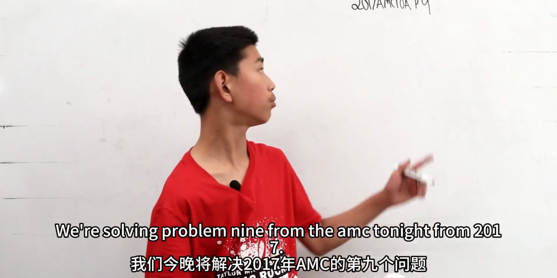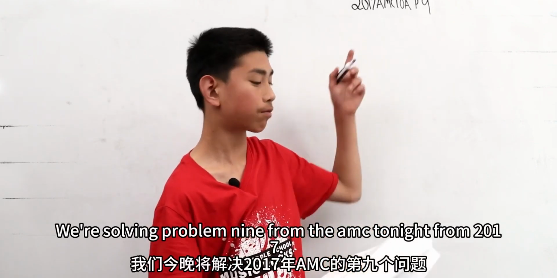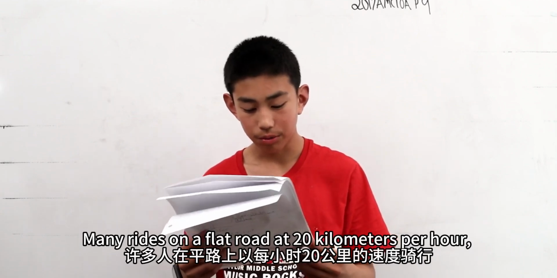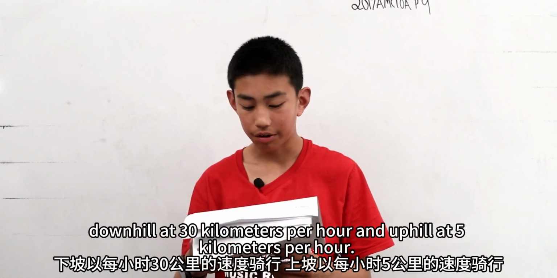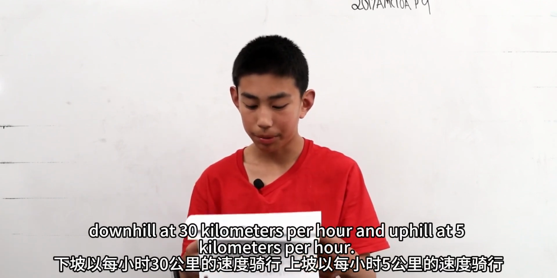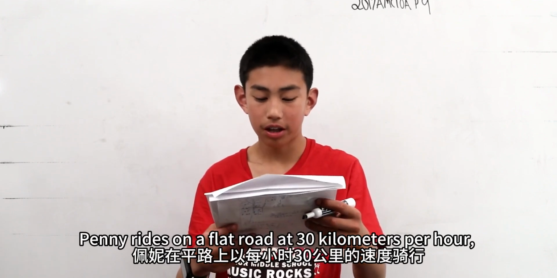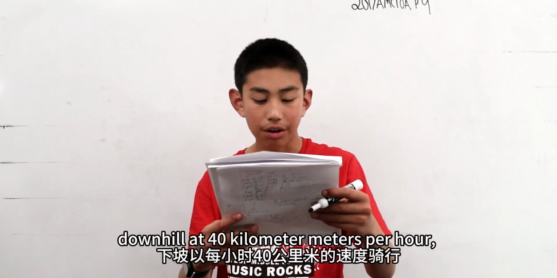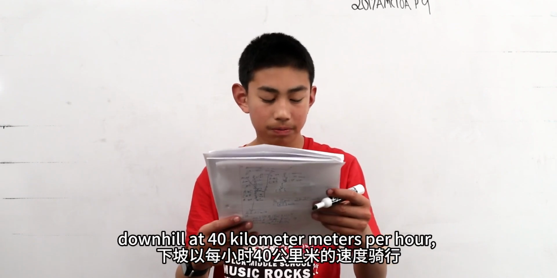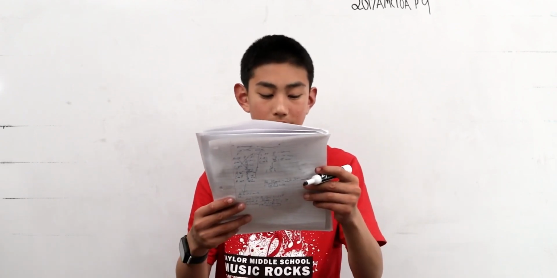We're solving problem 9 from the AMC 10A from 2017. Minnie rides on a flat road at 20 kilometers per hour, downhill at 30 kilometers per hour, and uphill at 5 kilometers per hour. Penny rides on a flat road at 30 kilometers per hour, downhill at 40 kilometers per hour, and uphill at